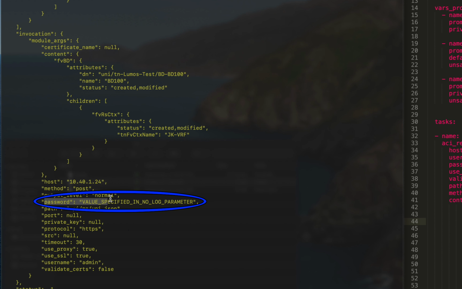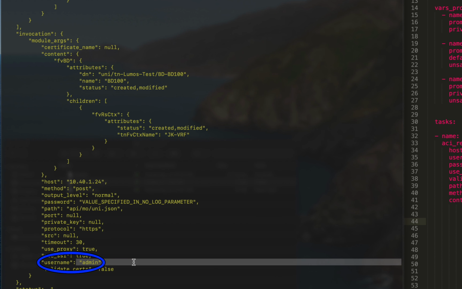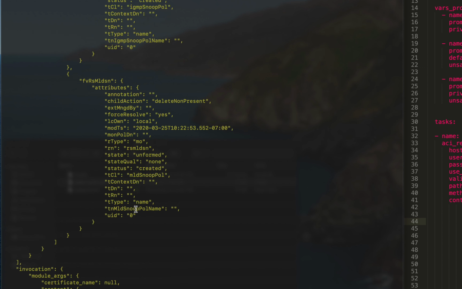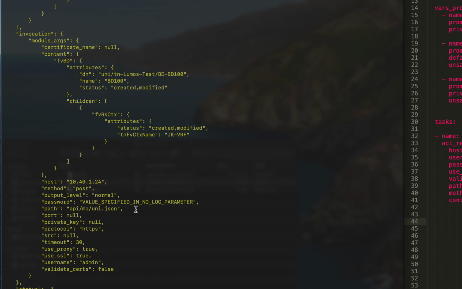And as you can see, our password, value specified in no_log parameter. So it kept that secret from us. This is the path that we posted it to. And we used protocol HTTPS. And here's our username, admin. And that's basically it. That's basically password-based authentication. Again, this is a small task, so it wouldn't matter. If you needed to loop over this about 100 times, you may or may not trigger that DoS feature,